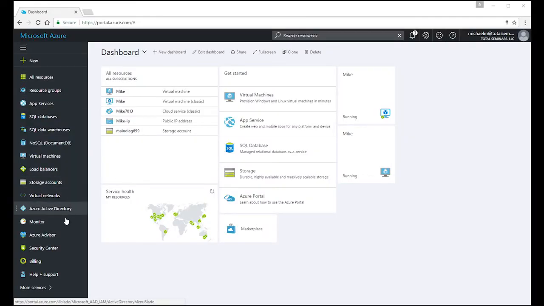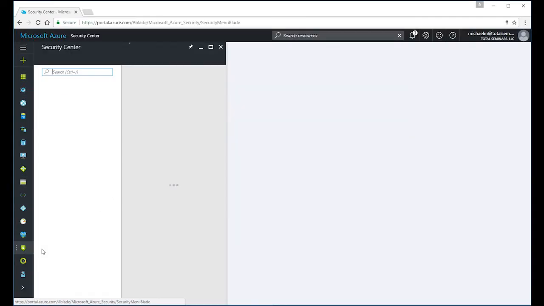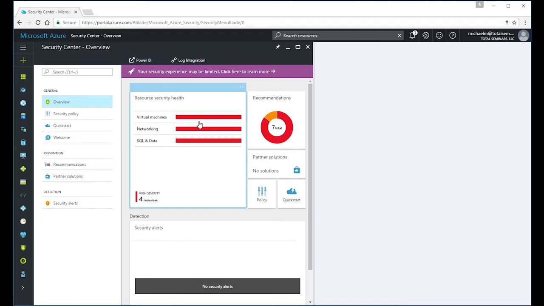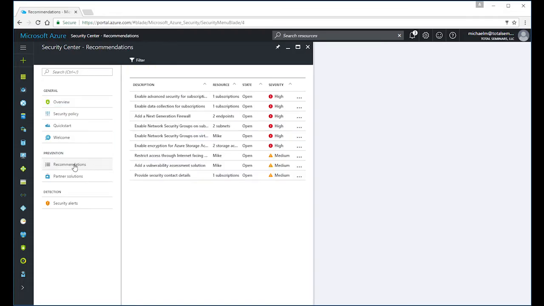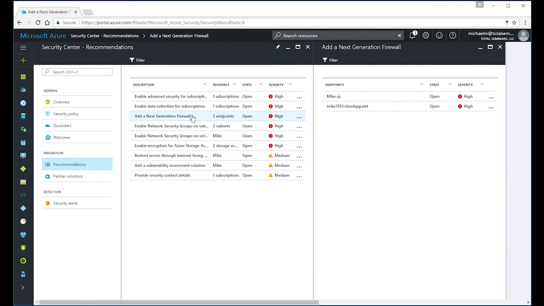So if you take a look right here, here on my Azure, it's even got a whole big security center. And you can see I'm getting lots of red bars, mainly because I haven't set anything up yet. So if I take a look at this, I believe I click on recommendations, it's got all kinds of stuff it's recommending that I do. So for example, add a next generation firewall. So if I click on that,